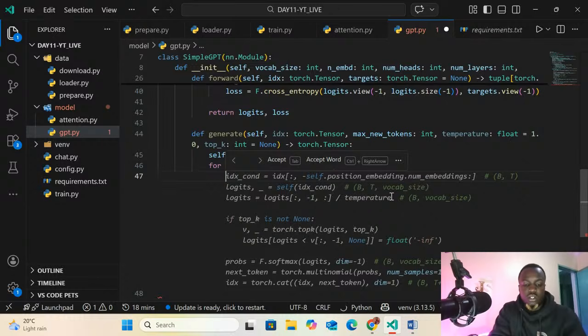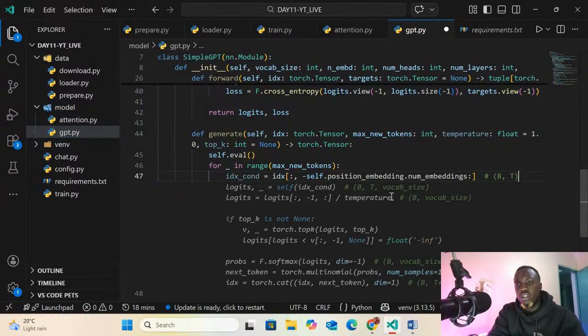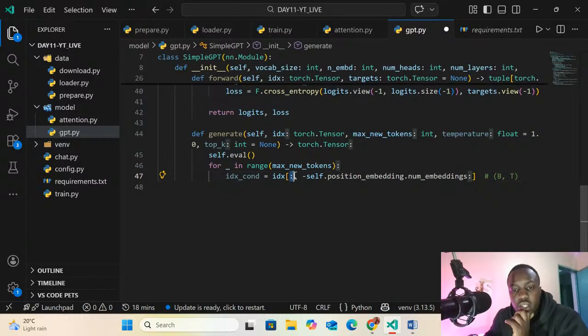Index condition, idx_cond, in which it's going to be index like this, from self.position_embedding equals number of embeddings.